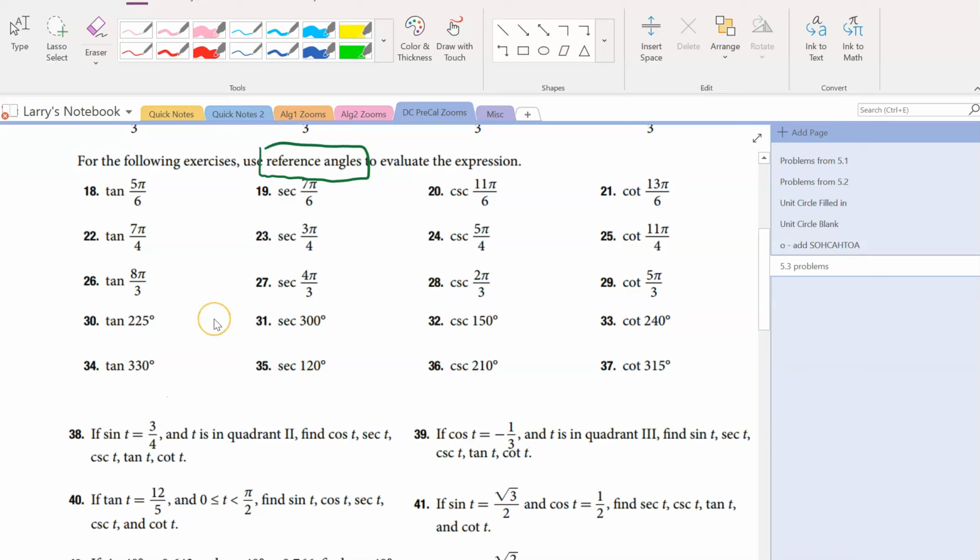Alright, this will be the second part of 5.3. We're going to do one more problem from the second section dealing with reference angles. Let's try cosecant of 150. Okay, so first of all,